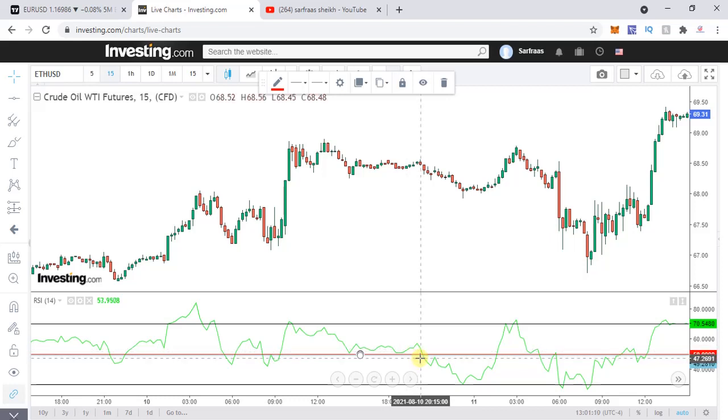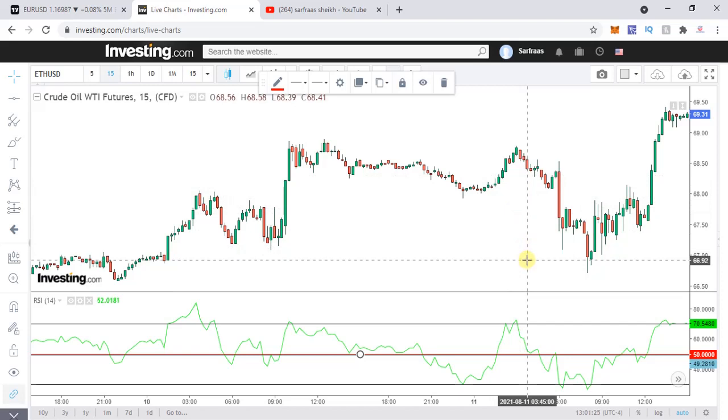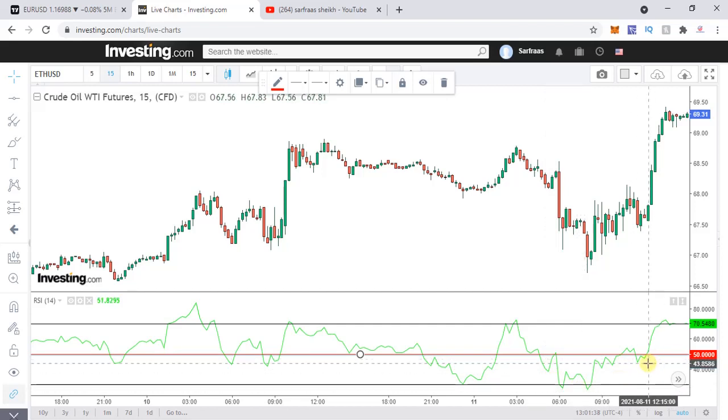But the moment it crosses this 50, falls below 50, you can see there is a sudden drop. And when it crosses again, see, it moves down and when it crosses again this 50 upwards, again a big pickup, then we'll come over here, you can see, and when it crosses here, again sharp drop, recovery, again when it falls down, a huge drop. So when it crosses over here, you can see here is a consolidation phase, but when it crosses this 50 upwards, again there is a rapid rise.